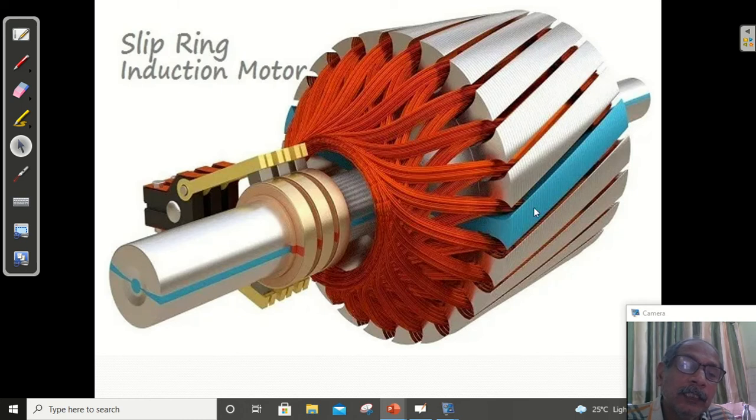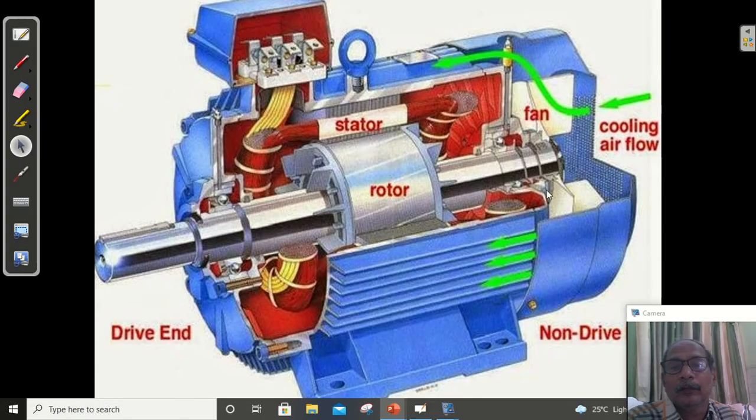Okay, this is the rotor, you can say it is not a solid, it is a laminated one. You can say here it is a motor shaft. This is the stator, and this is the stator winding. बीच में क्या है, ये shaft है, ये rotor है, and this some angle is there, it is slightly skewed. Fans are provided to cool it down.